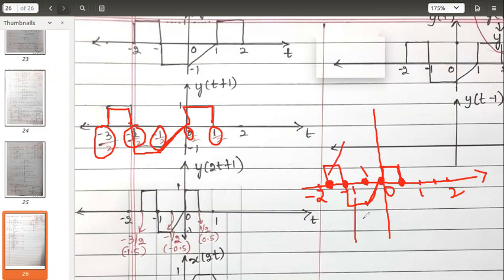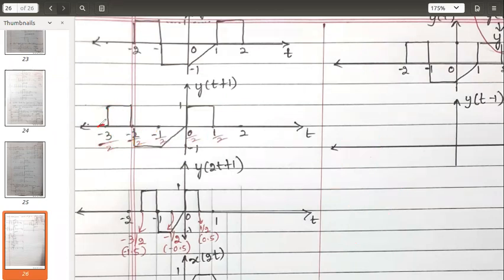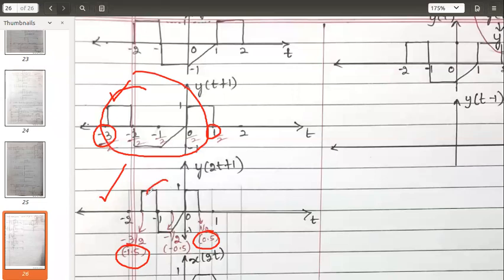One pulse, a down pulse, a ramp, and one more pulse. So check the new range of the time. Earlier it was between -3 and 1. When you scale it by 2, the compressed version will be between -1.5 to 0.5. Observe the shape of the signal: the amplitude values are all the same in both. Just this signal, which was so big, has become compact, compressed. Okay, you have just compressed the signal in time.